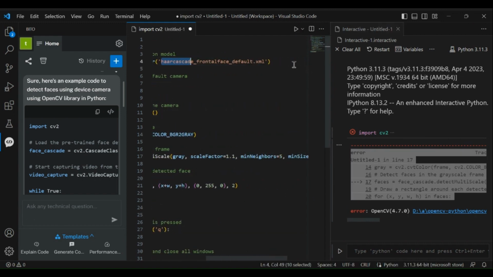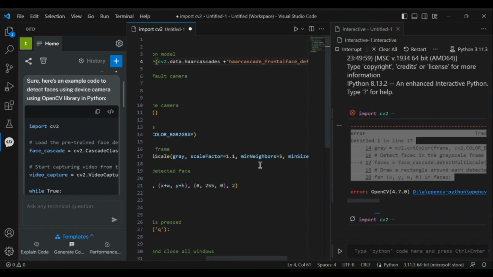haarcascade_frontalface_default.xml file in my device. So we can either download this code from OpenCV website or give path to fetch the file online. We will give the path by adding cv2.data.haarcascades + to the code. After running the code again, we see no error message generated, and a new camera output